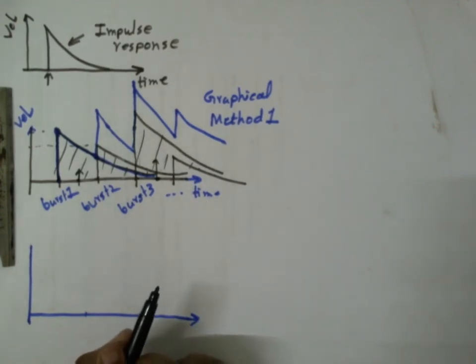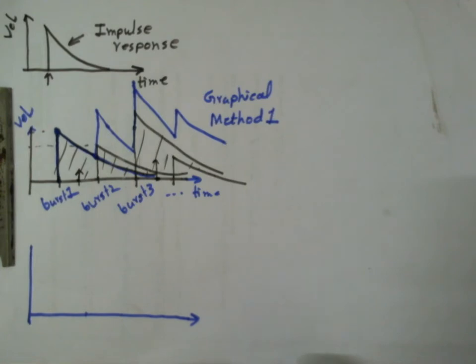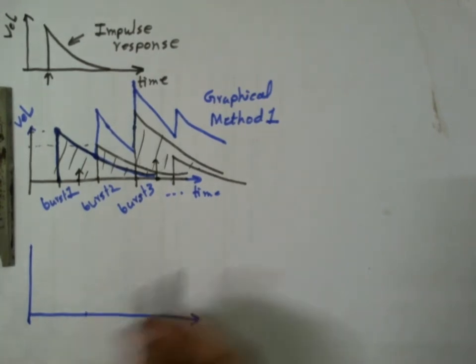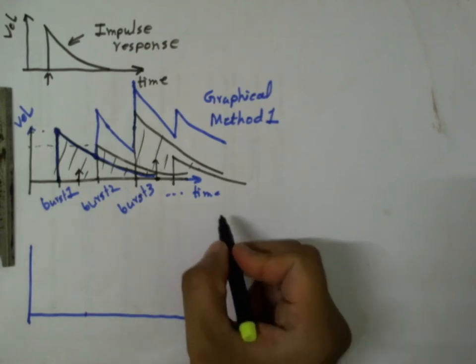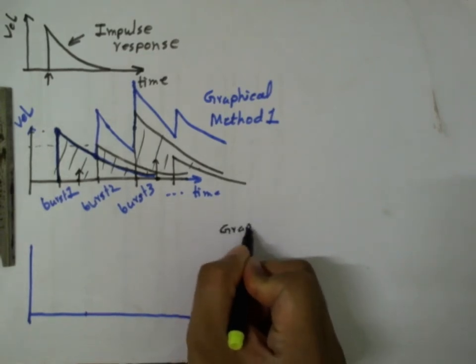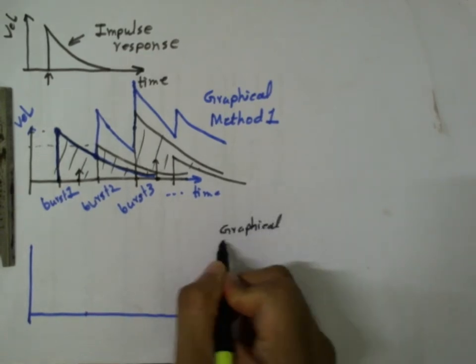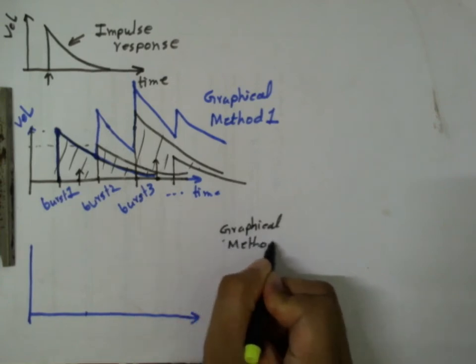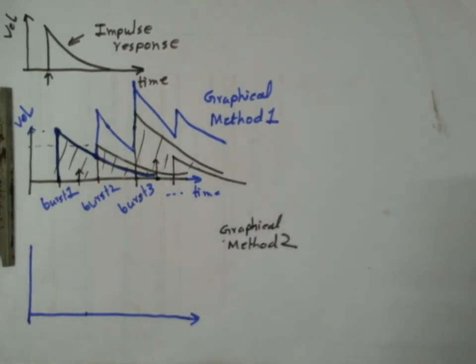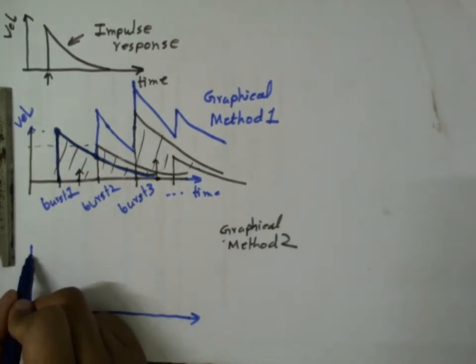Under those situations, the method that we are going to discuss today, the graphical method 2, is more efficient or easier to use than graphical method 1. So this is how we'll do it, graphical method 2. Okay, so we will first draw